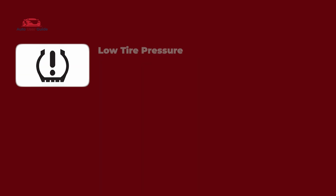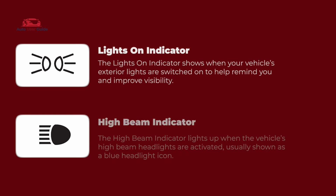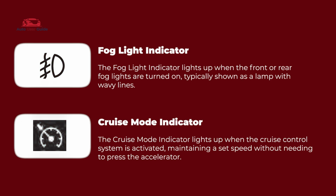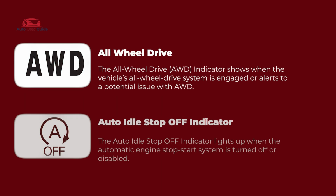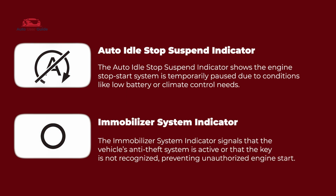VSA off, low tire pressure, turn signal, lights on indicator, high beam indicator, fog light indicator, cruise mode indicator, system message indicator, maintenance minder indicator, all-wheel drive, auto idle stop off, auto idle stop suspend, immobilizer system indicator,